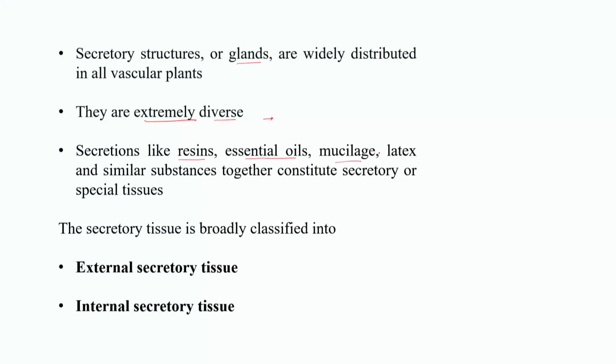Then mucilage could be there, then latex also we have studied, a heterogeneous compound like milky latex. So many different types of substances could be present in these secretions. Now, these secretory tissues could be broadly classified into external secretory and internal. External secretory system means these will be located on,